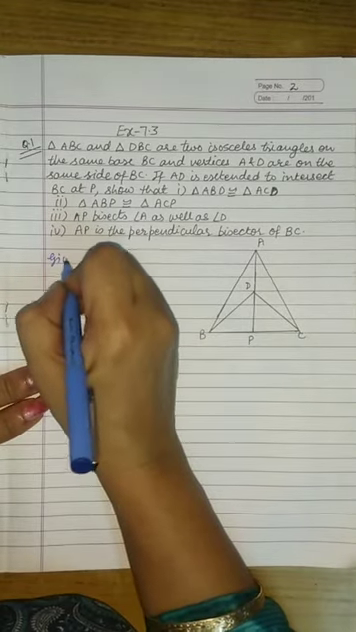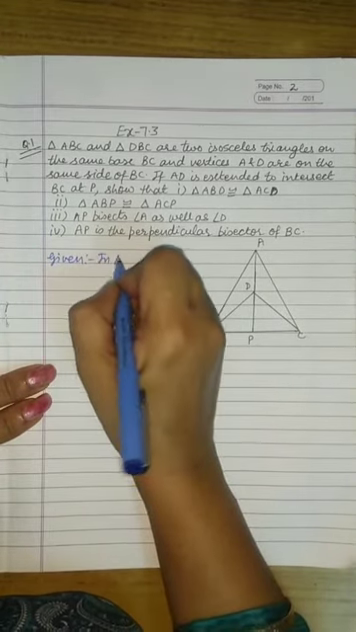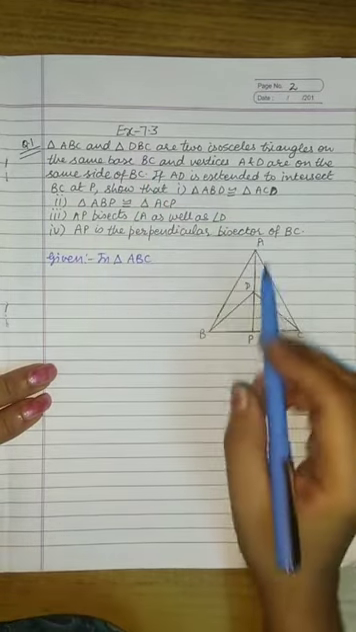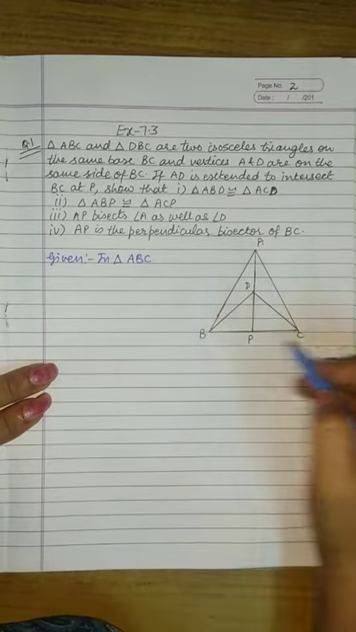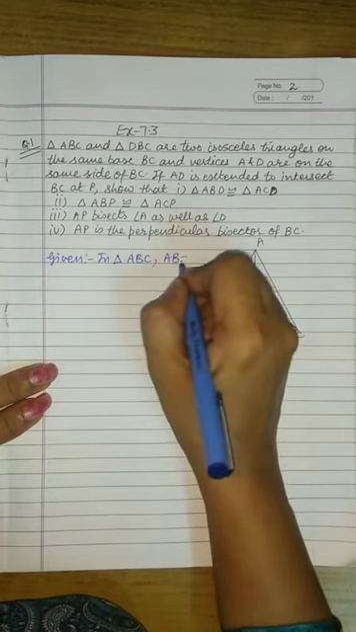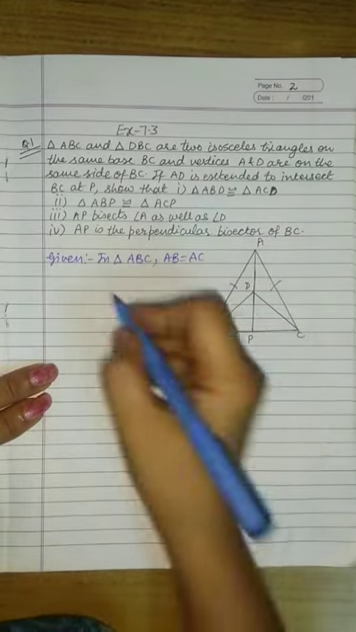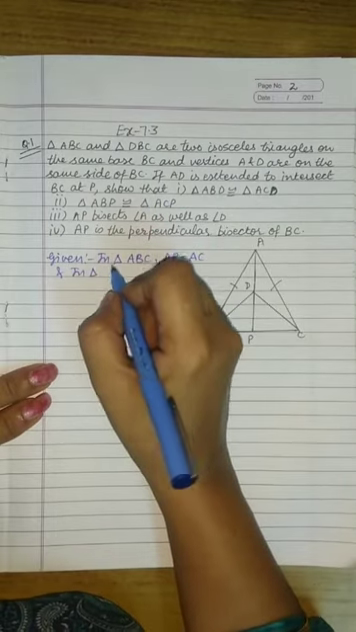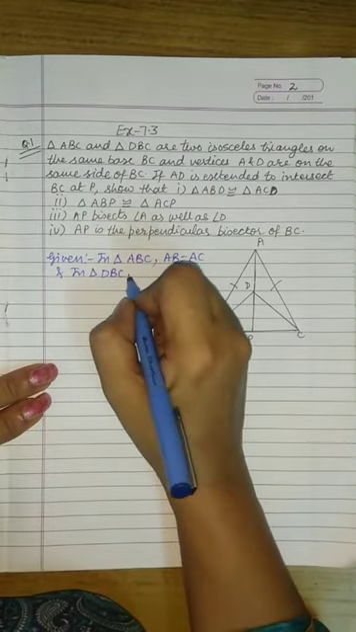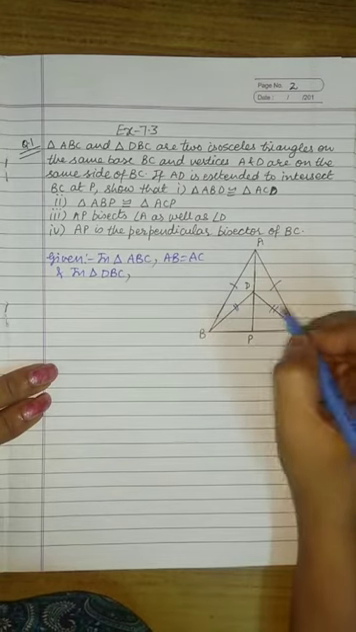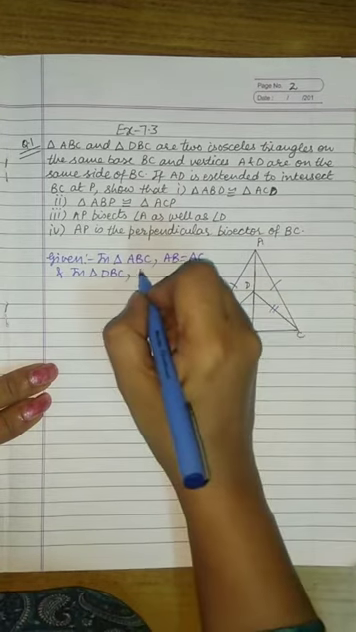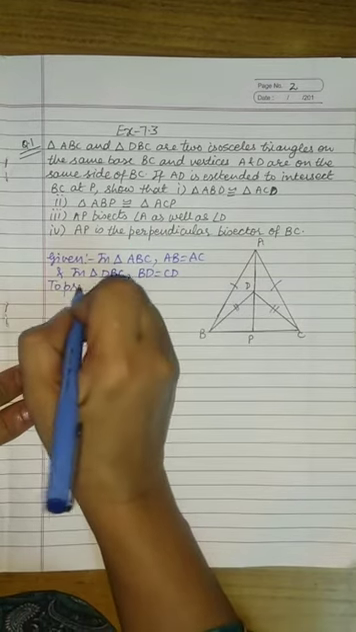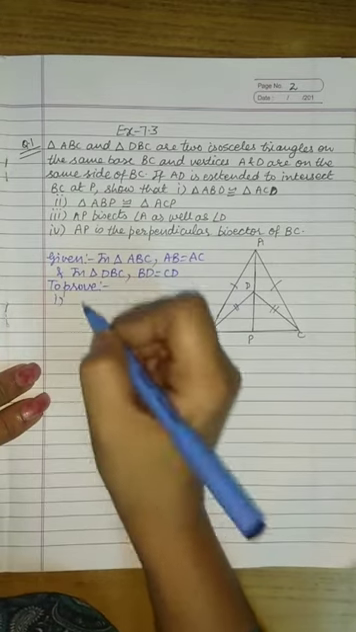What is given to us? See, triangle ABC and triangle DBC both are isosceles triangles. So in triangle ABC, we have AB is equal to AC. And the second triangle, which is on the same base BC, that is triangle DBC, we have BD is equal to CD. So it is given to us, and what we have to prove in this question, the first part is we have